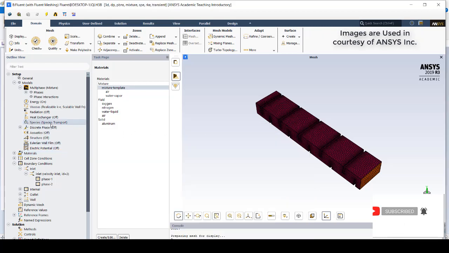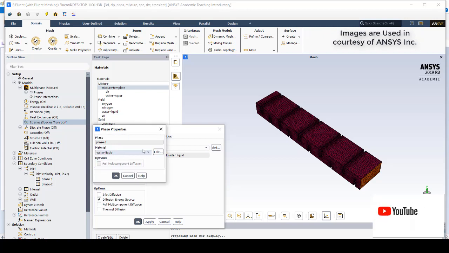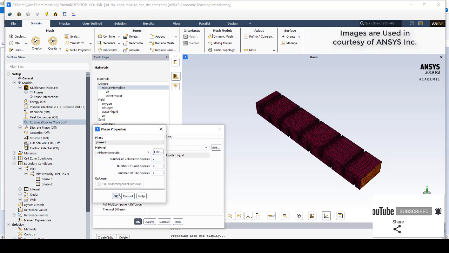And after that, you can go back to the species transport option, go to set. So you can see phase 1 which is water liquid, and phase 2 is the mixture template. So go for the mixture template, click OK.